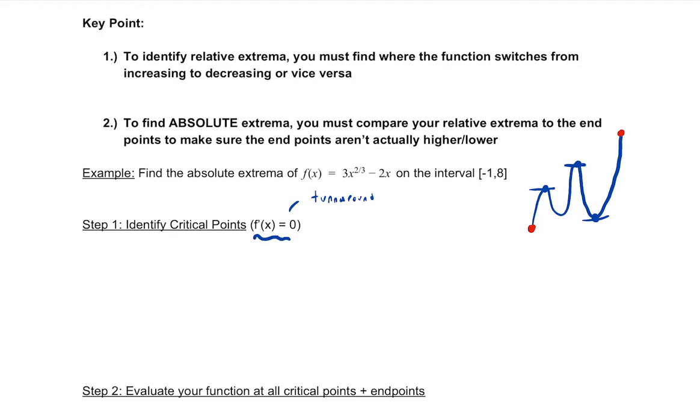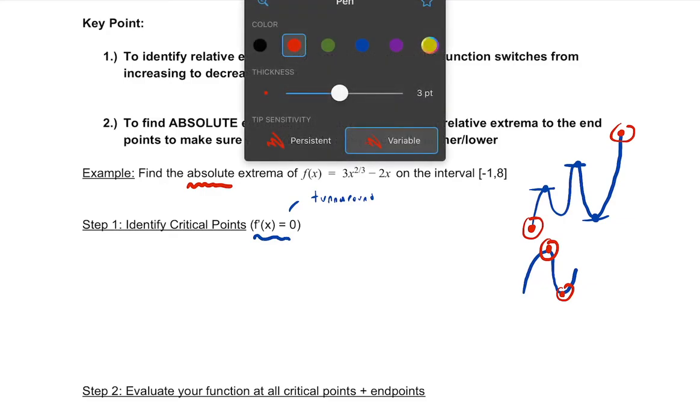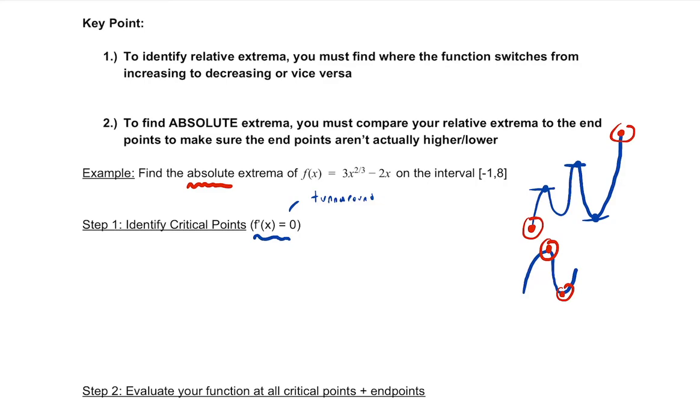Because either the endpoints are the maxes and the mins, or one of my turnaround points represents the maxes and the mins. So one of these two things is going to be true. So as long as I test the endpoints and I test these what we call critical points, then I will have found the absolute maximum. So if I ask you to find an absolute extrema, or all of the absolute extrema, I'm asking you to do two things. First,